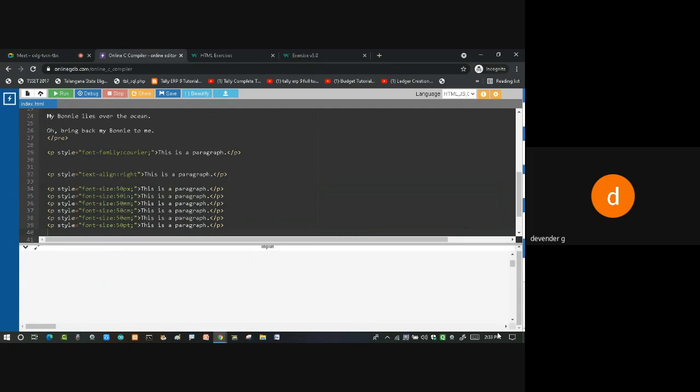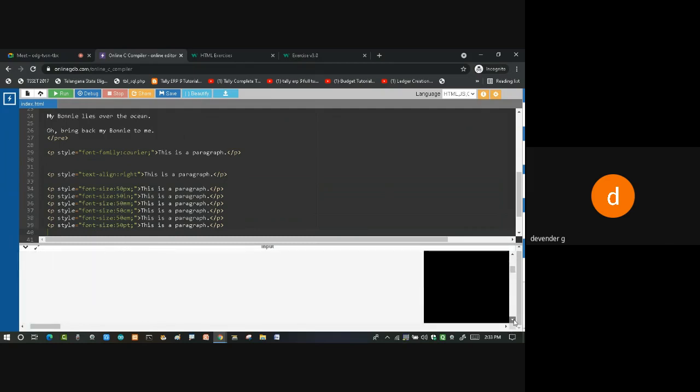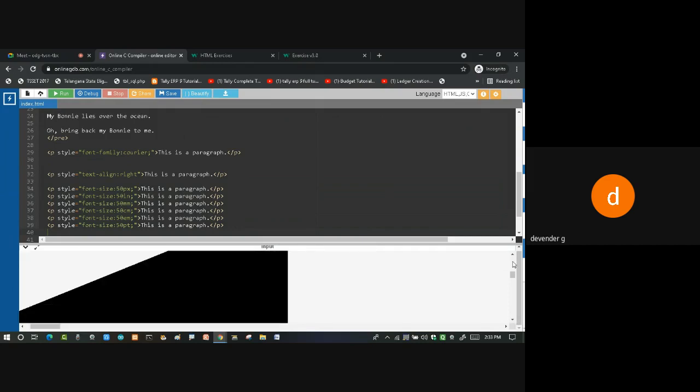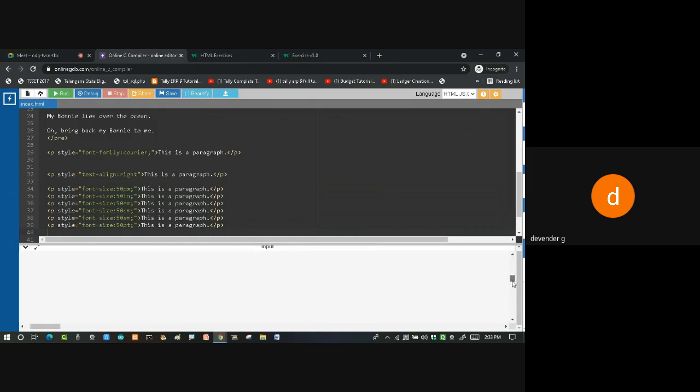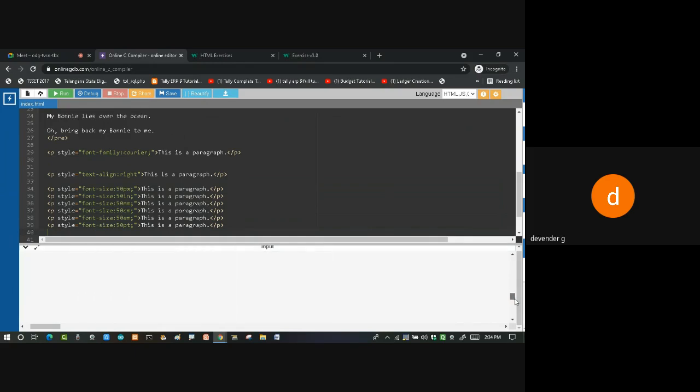So the text is coming on the screen in a very big size. So what I'll do, instead of 50, okay, let it be. See, this much big text is coming. It is covering the entire screen. Afterwards, I'll make it a little bit smaller. So this is one we have seen. See, each and every text is covering the entire screen. So this much bigger size we are getting. It is 50 inches.